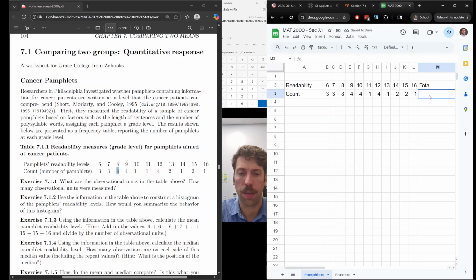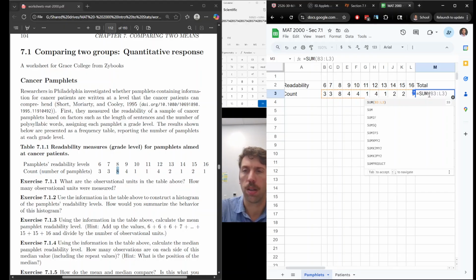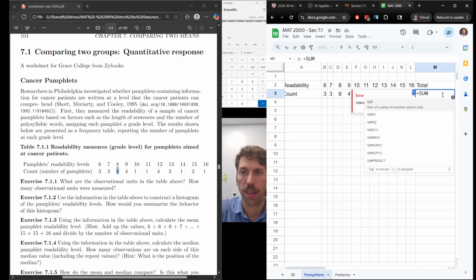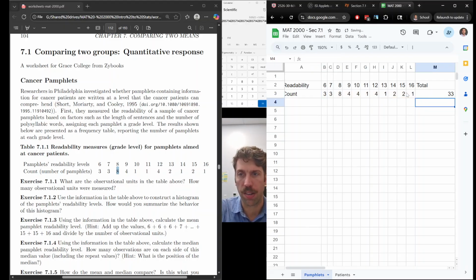Then to find my total, that'd be equals sum, and then you can highlight the ones you want. Google's already saying, I think I know what you want. Start the parenthesis and then highlight what you want, then end the parenthesis and press enter. My total is 33, but yours will not be 33. Yours will be some other number that's fairly close. All right, so my number is 33